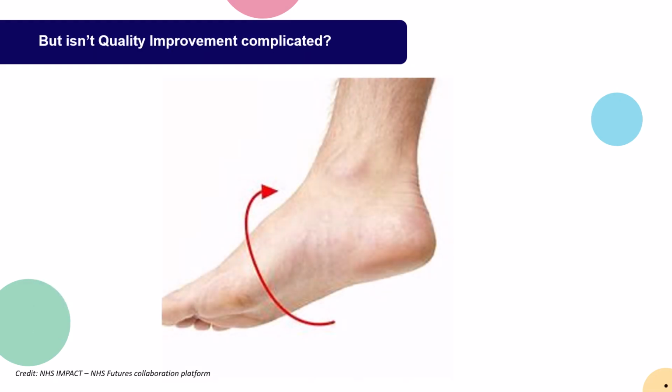So now we're going to do a quick exercise. Don't worry, we aren't going to make you take your shoes and socks off, but just stay with me on this one. So first, take your dominant foot and get it going in clockwise circles and keep it going. Now, with your dominant hand, draw a figure 6 in the air. Keep your foot going clockwise. How many of these can you do in 10 seconds?